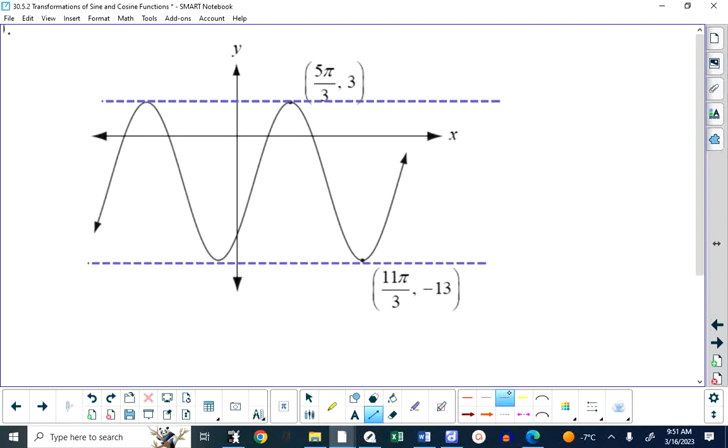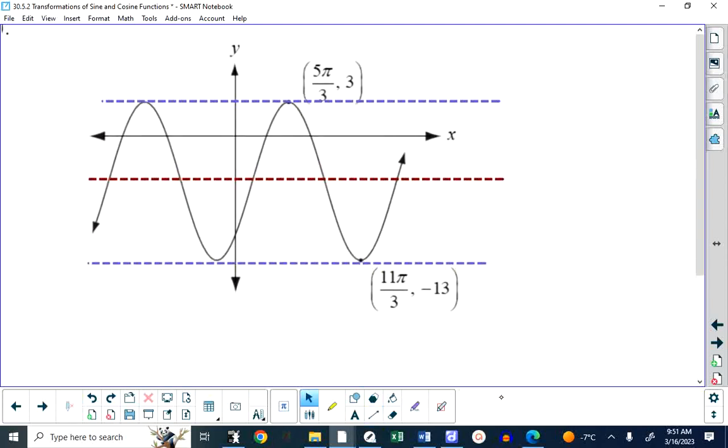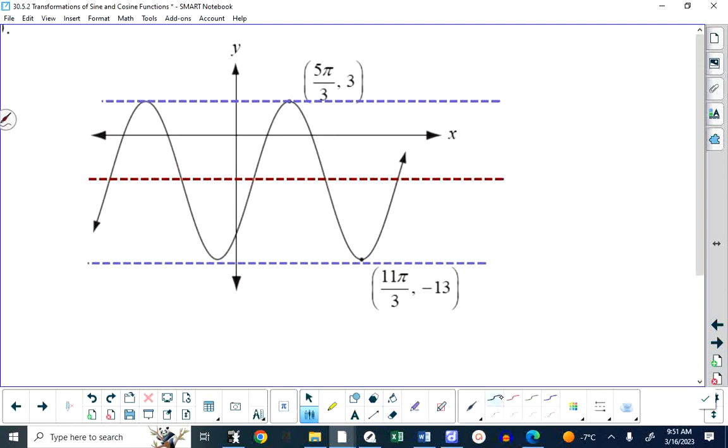If you think about the numbers, from negative 13 to 3 is 16. Half of that is 8. In other words, the amplitude is 8. So 8 below the top or 8 above the bottom is where the middle of this is. I didn't draw it perfectly to scale, but this is at negative 5. It doesn't matter. So the problem here is this. If you do it visually and try to find C, you say sine starts here going up. How on earth are you going to figure out how much to shift that to the right? You can't. What you need to do is put in your amplitude of 8,